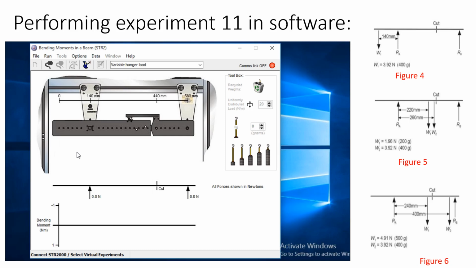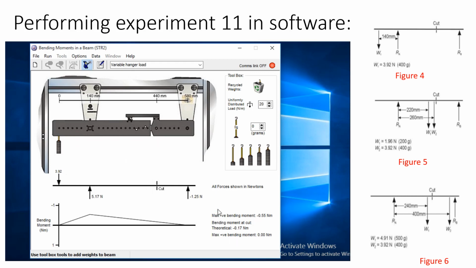See figure number 4 here, we applied a 400 gram mass on the extreme left of the beam, and you can see here we applied 3.92 Newton force, and you can see here the reaction forces, and we will calculate the bending moment at the cut position, and this is away from the cut position.